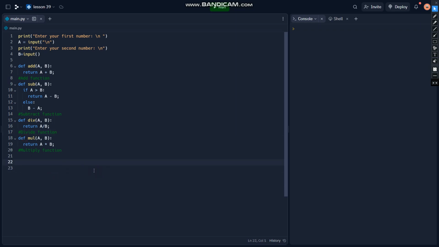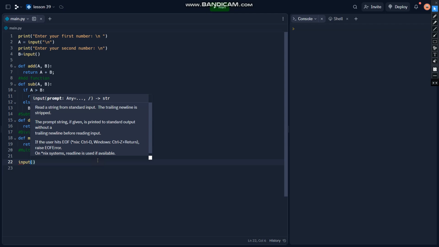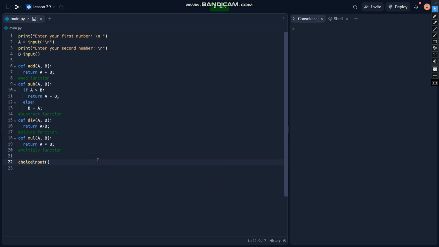Now we have all of these functions, right? They're cool and all that, but what to do with them? Basically, how to use them is that we're gonna prompt the user to ask what they want to do. So I'm going to take input from these. I'm also gonna put this in a variable, so choice is equals to input, and we're gonna prompt the user, what do you want to do? Choose between